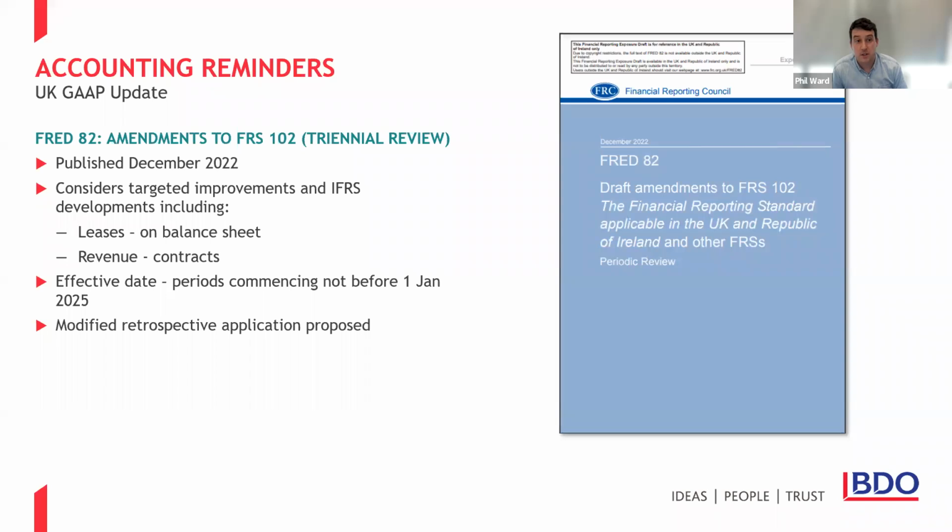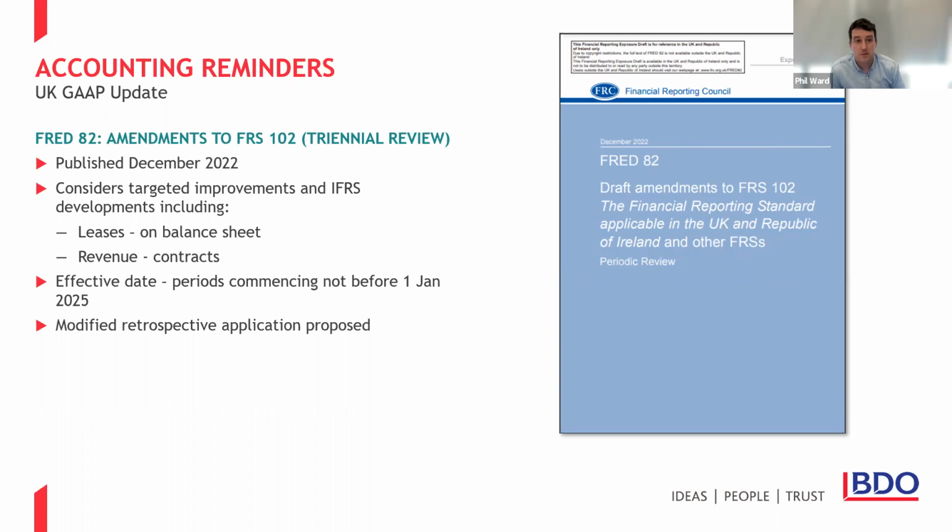The key areas here, as you can see, are leases and revenue, and this is very much as expected as the FRC continues moving towards alignment with IFRS. So leases closer to the approach taken by IFRS 16, i.e. leases come on balance sheet, and revenue looking at the IFRS 15 five-stage process of contract revenue in particular. Both of those are slightly simplified from the approach taken under the IFRSs, but the general direction of travel is towards that IFRS style of accounting.